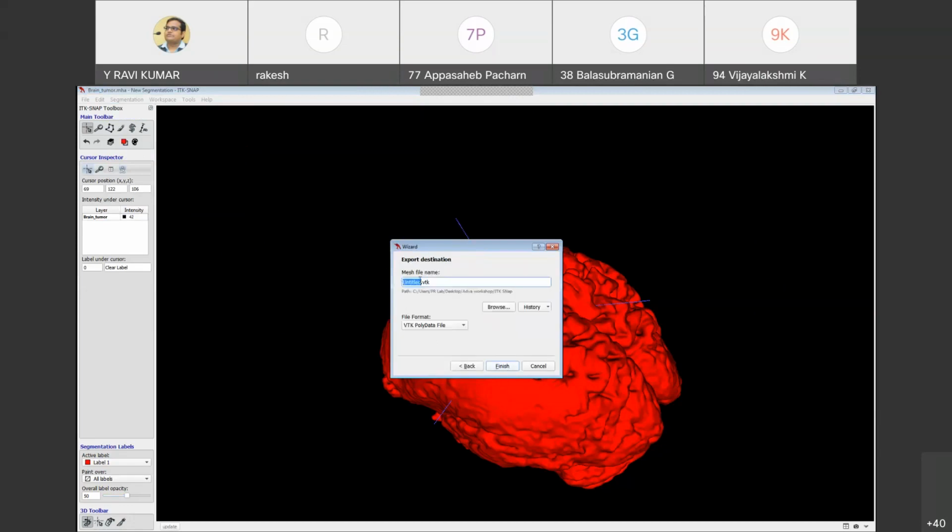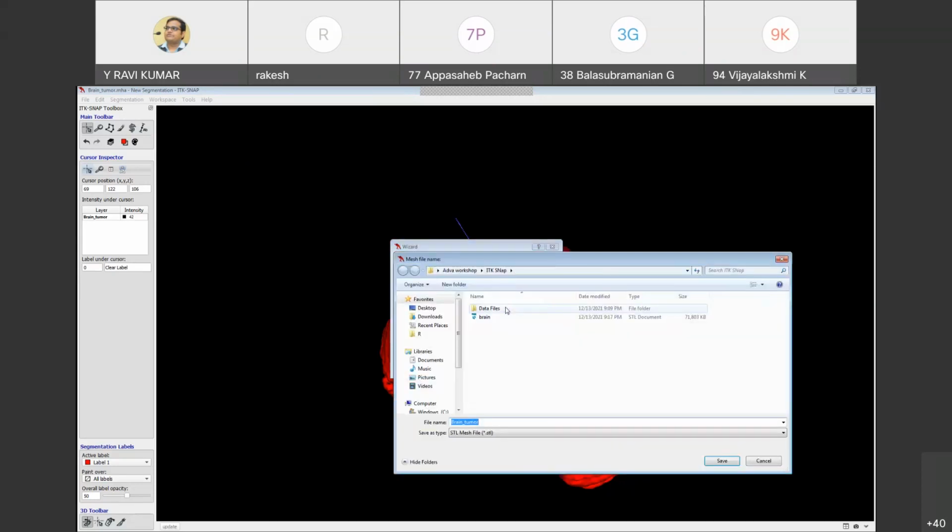Then you need to change the file format to STL file format. Okay, so I need to browse it.